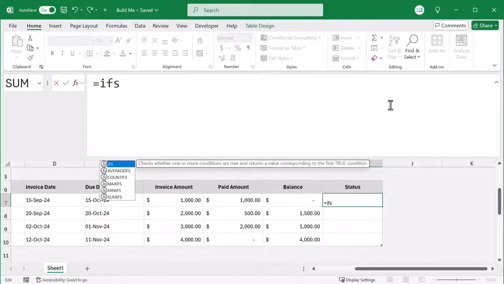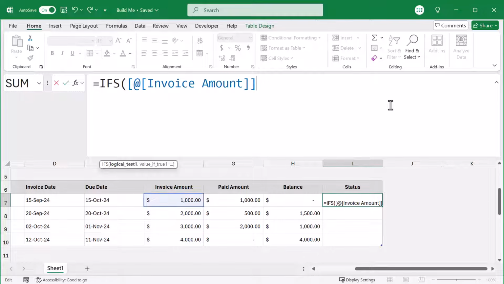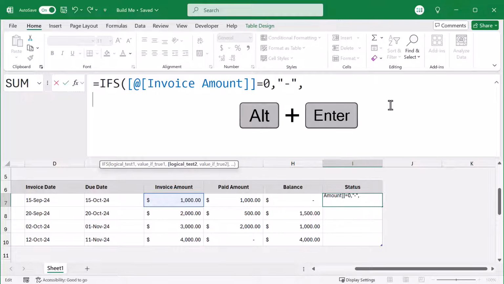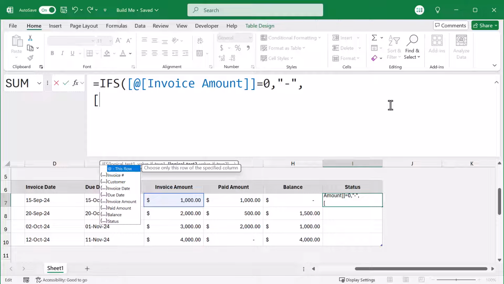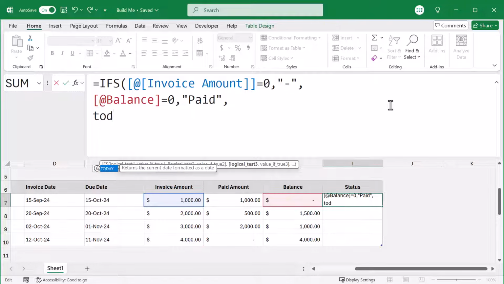Equals, IFS function, open bracket, at symbol, invoice amount, close bracket, equals 0. Next argument, quote dash quote. Next argument, and here you can press Alt-Enter to add a new line just to make the formula easier to read. Then open bracket, at symbol, balance, close bracket, equals 0. Next argument, quote paid quote, next argument, Alt-Enter, TODAY function, be sure to close parentheses, and then greater than, open